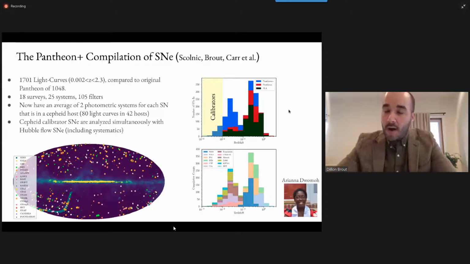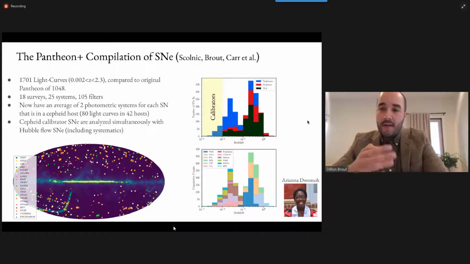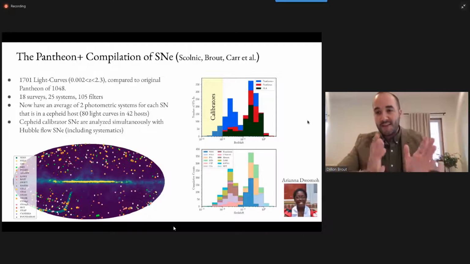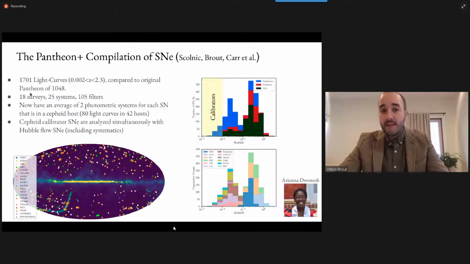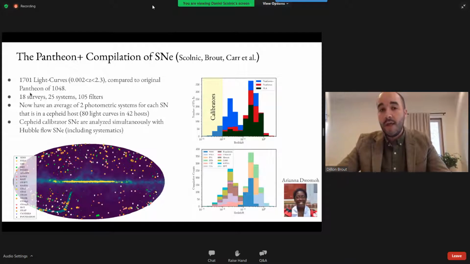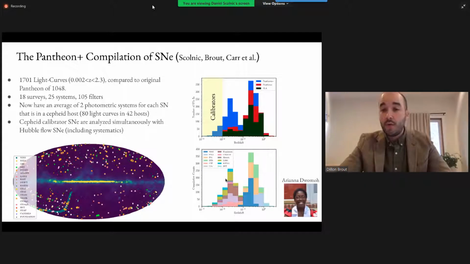Okay, so now I'm going to dive in briefly on each of those papers that we've been working really hard on for the last couple of years, namely hitting upon the systematic uncertainties that we're trying to control to make that ladder as robust as possible. The top level paper is, of course, the description of the data set and the compilation of what is now 1,701 light curves, ranging from a redshift of 0.002 to redshift 2.3. In comparison to the original Pantheon of about 1,000 supernovae, which, as you can see in the figure on the top right, only went down to a redshift of 0.01,